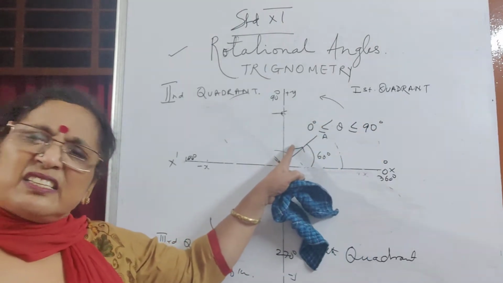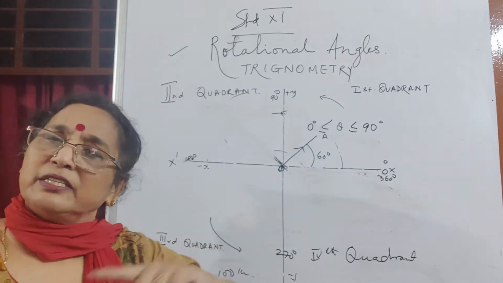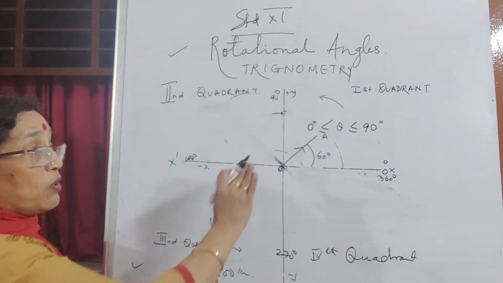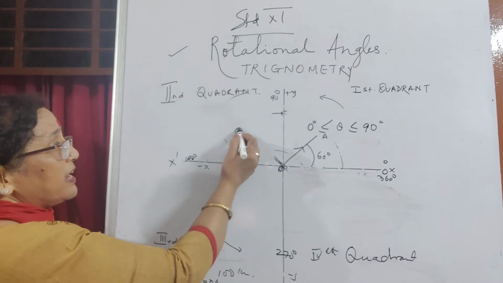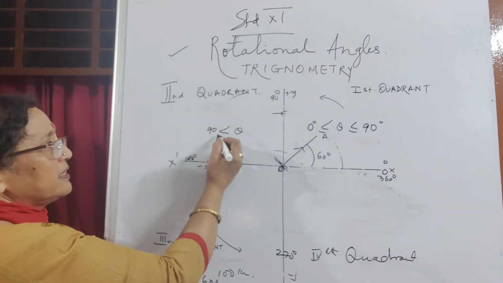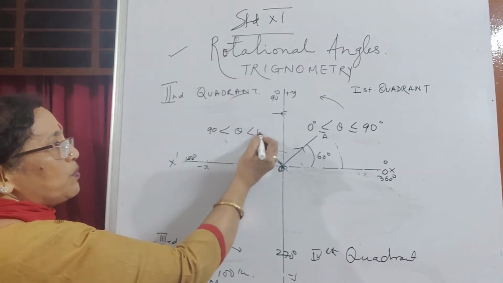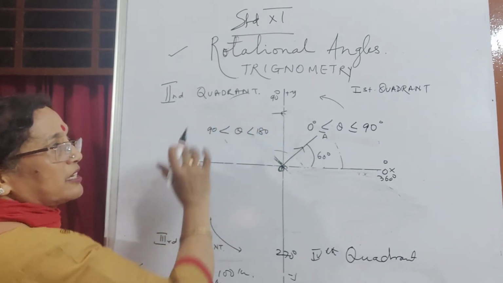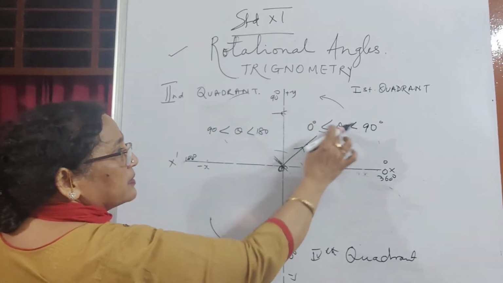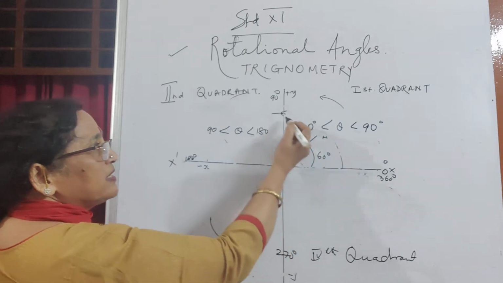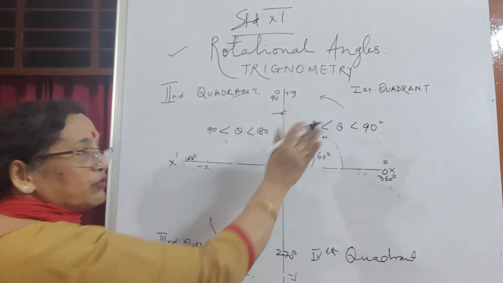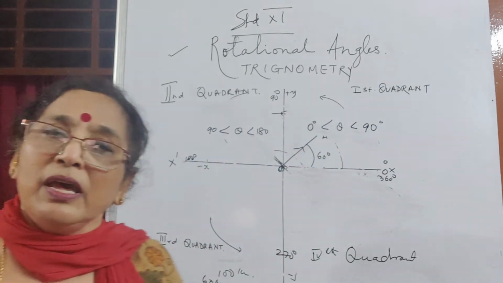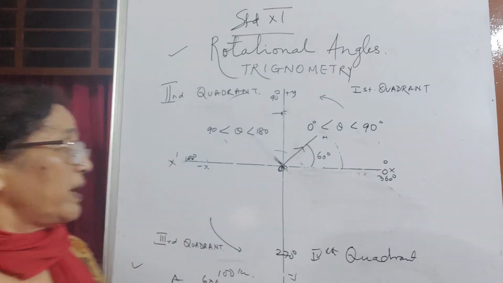So 66 here, 89 and 11 minutes, all that's here. Now second quadrant. In the second quadrant, the angle is greater than 90 and less than 180. I'm talking only inside the second quadrant. So this is the 0 line, this is the 90 line. The angle is all inside the quadrant, not on the lines of reference, right?